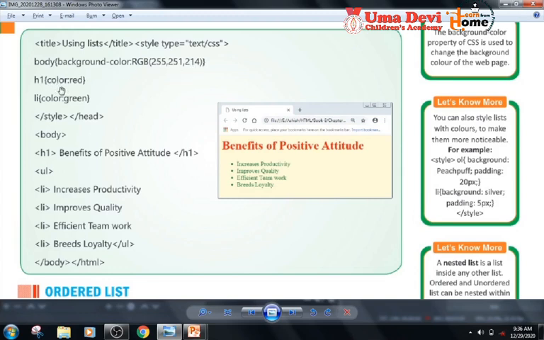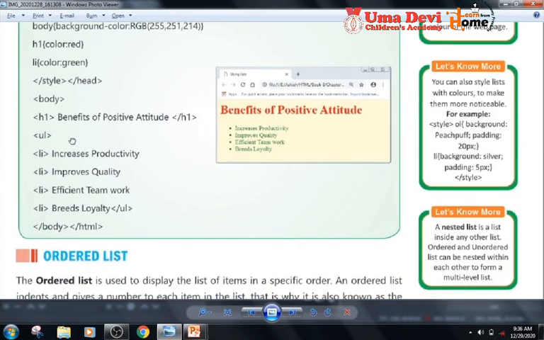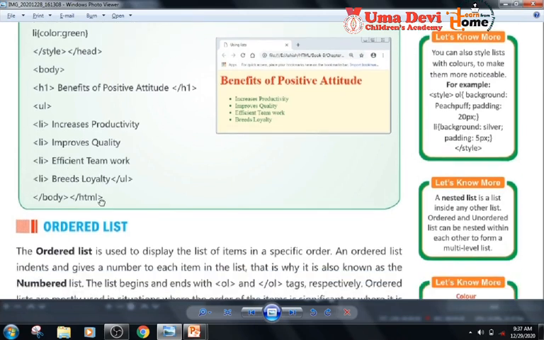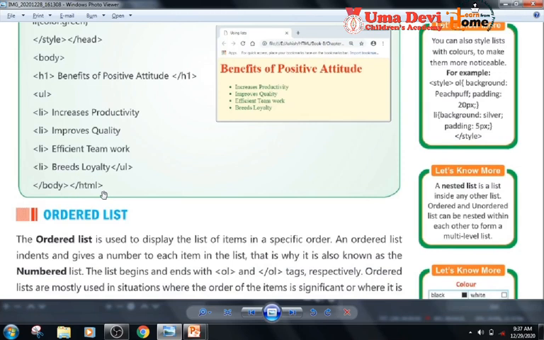H1, the heading one, is of color red, the list is of color green, then the style set is closed and the head tag is closed. Then in the body, they have written heading 1, Benefits of Positive Attitude, then heading 1 is closed. Then UL means unordered list, they have started. In the list they have written increased productivity, then again in the list they have written improves quality. Then again they have written these 2 points in a list. Then they have closed the body and HTML tag.